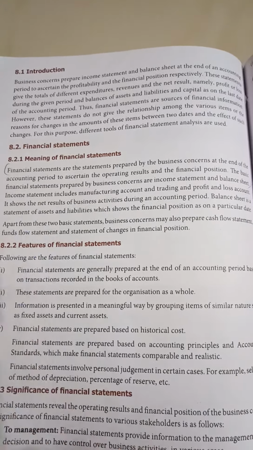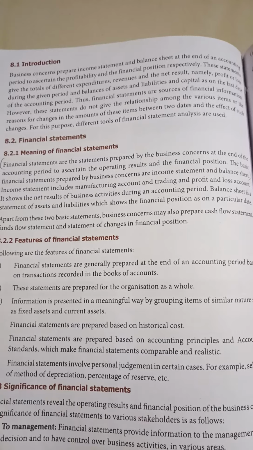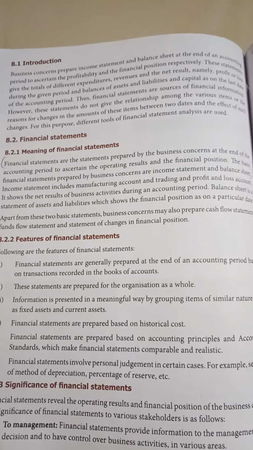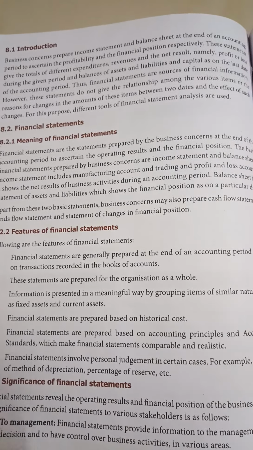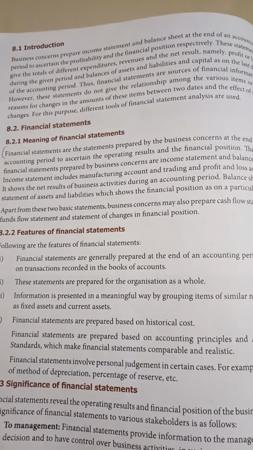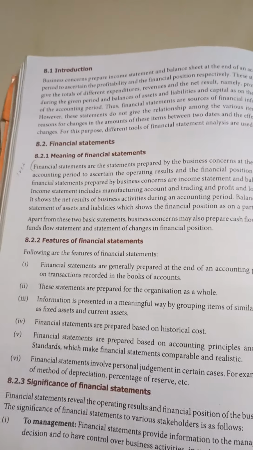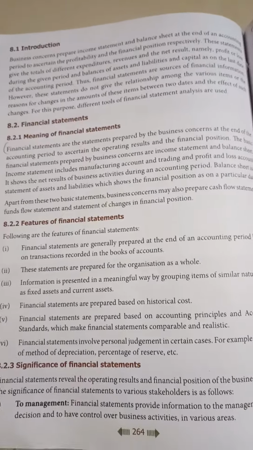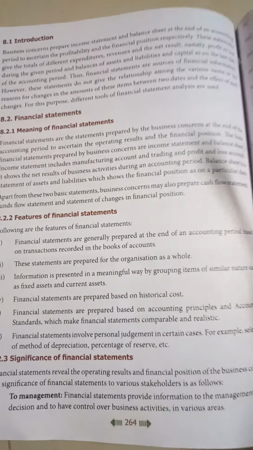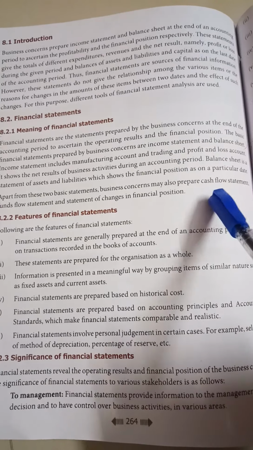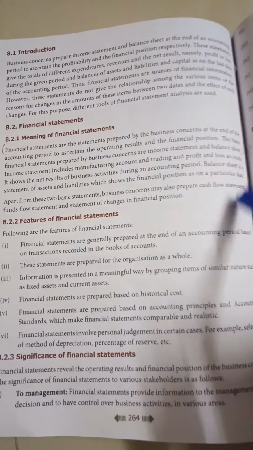The second part of the financial statement is the balance sheet. Okay, balance sheet is nothing but where we assemble or group all the fixed assets and current assets together on the asset side, and we group our liabilities, that is current liabilities and other liabilities, on the liability side. So balance sheet shows the actual financial position of the business. Okay, so these two are the basic forms of financial statements, and apart from these two basic statements, they also prepare the cash flow statement, funds flow statement, and statement of changes in the financial position also.